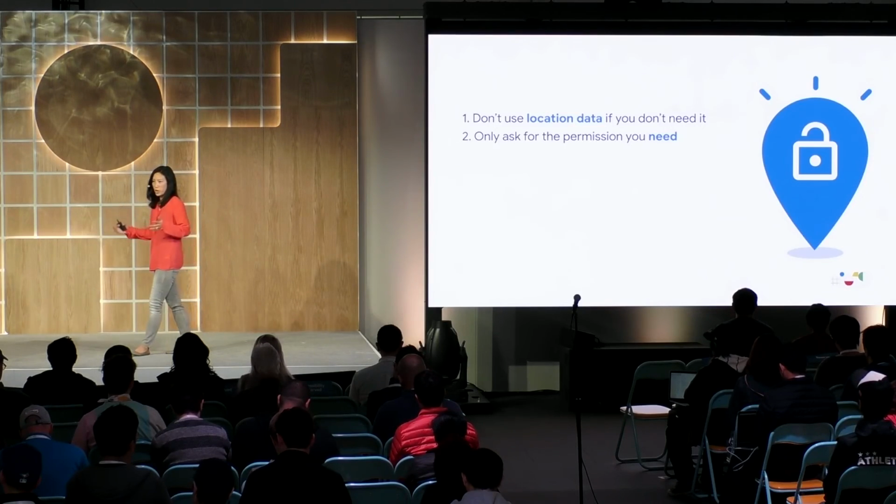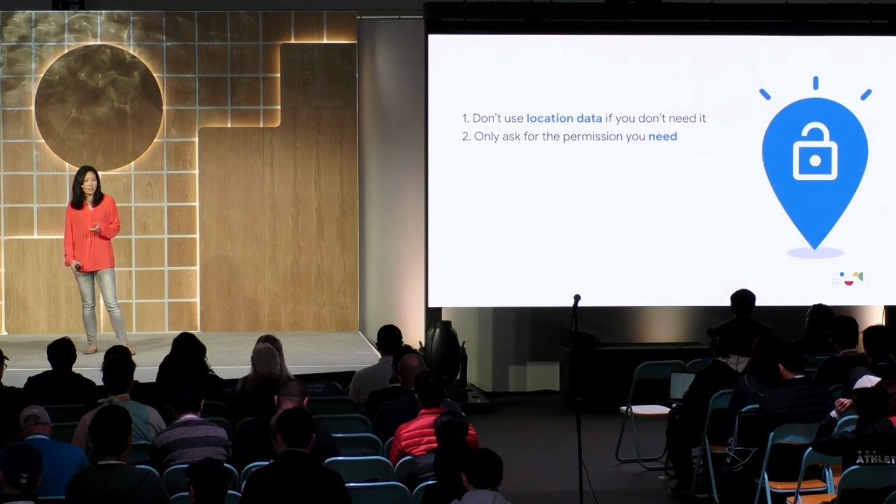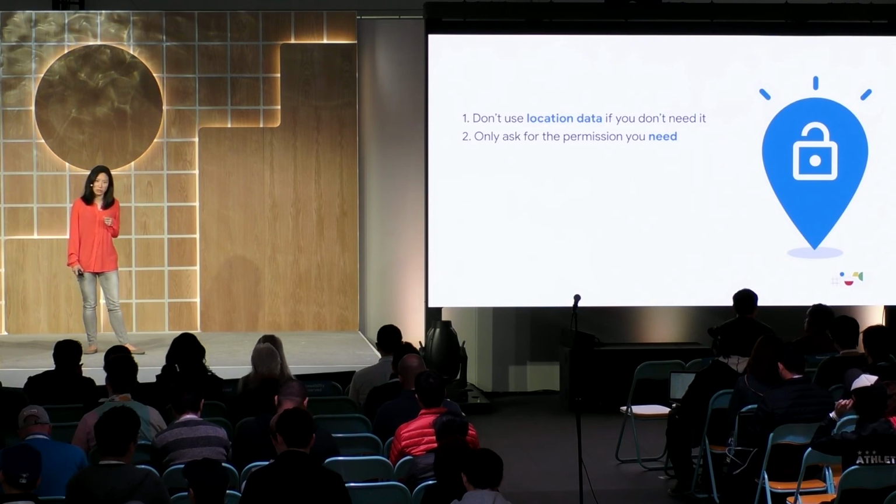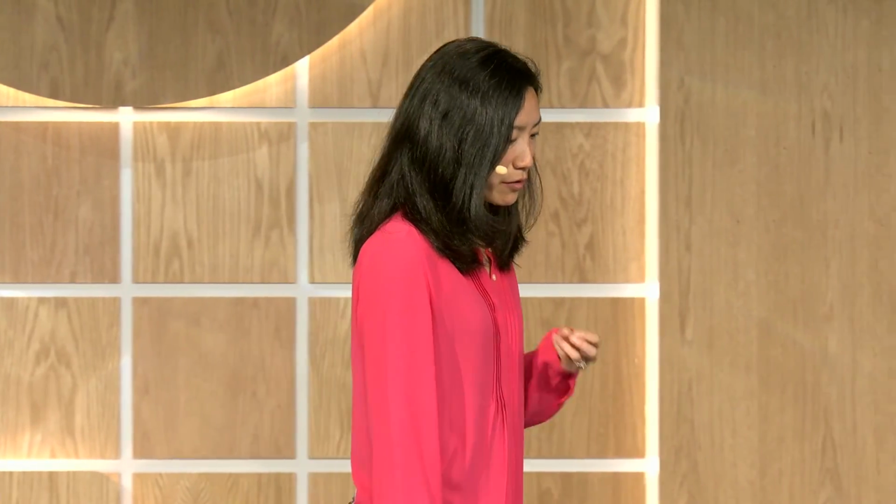Only ask for the permission that you need. One of the key benefits of the while-in-use permission is you can ask for that if that's the only permission that you need. Don't ask for all-the-time permission if all you need is while in use. This also makes the decision simpler and more straightforward for users. Also, as we mentioned, in the manifest, you can declare either coarse or fine location permission. As Praveen mentioned, coarse is approximately city level. And there are some use cases, such as weather, that work fine with just coarse location. So we encourage you to evaluate all the features within your app and decide if you really need fine location.